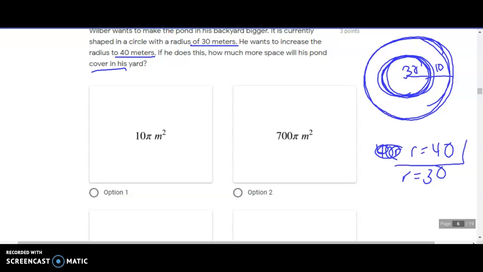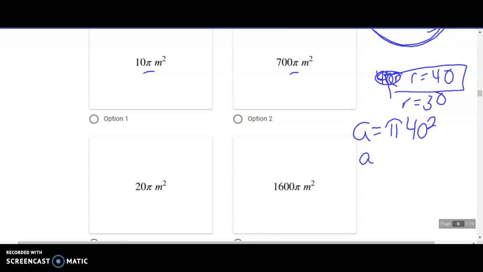So first, where we ended, we do pi r squared, 3.14 times 40 squared. So the new pond is going to have, oh, see how everybody's pi? So the new area is, and I'm trying to be a little bit fast here, so I apologize, pi times 40 squared, which is 1,600 pi, right? Now, obviously, because all my answers have pi in them, I'm going to leave it right there. So this one was here just to show you that that would have been the area of the new pool,